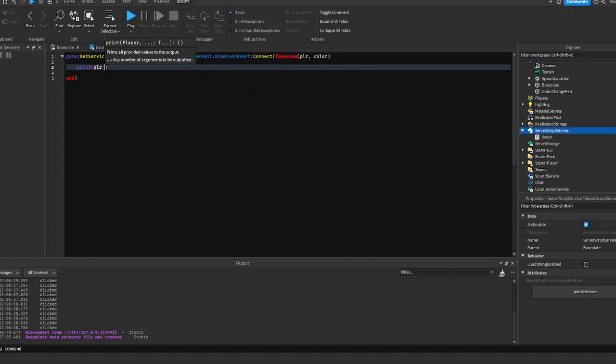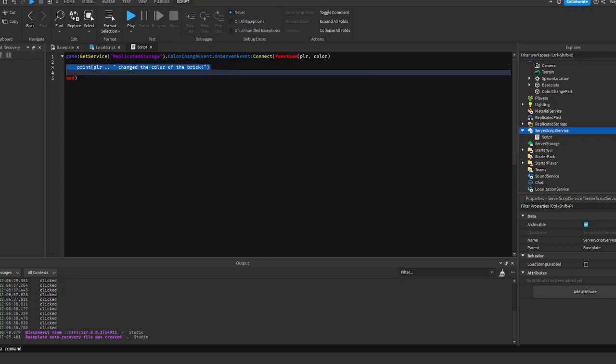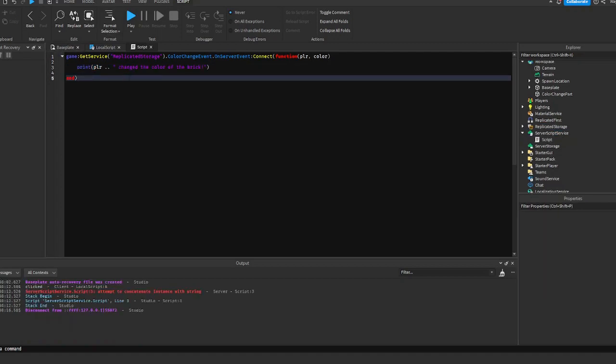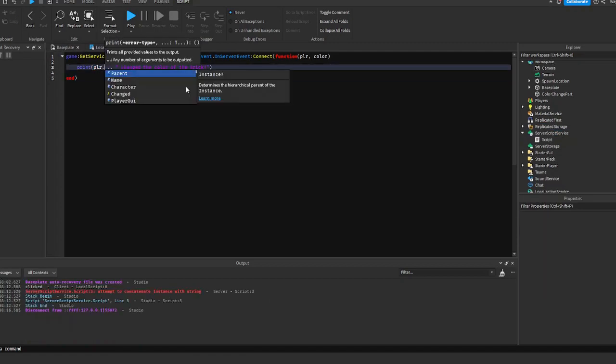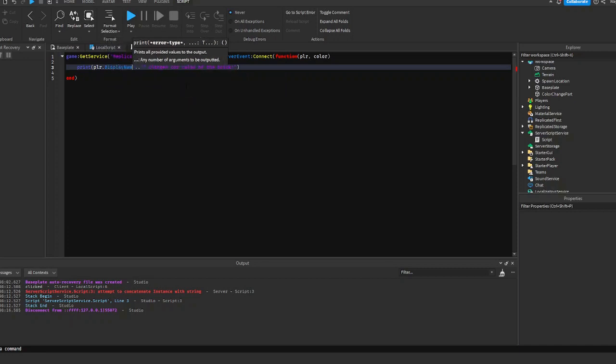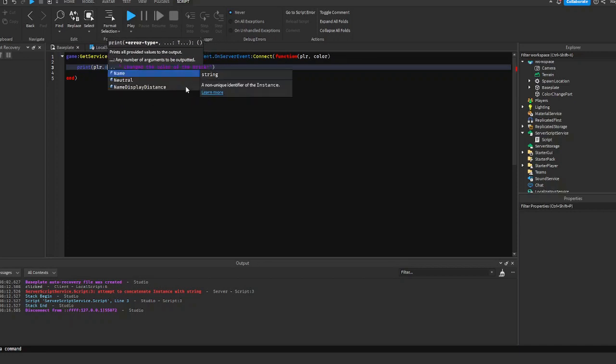PLR dot... changed the color of the brick. So this will print that I changed the color of the brick. I completely forgot it needs to be player.DisplayName, or player.Name will also work. But in this case, we're going to want to use DisplayName,